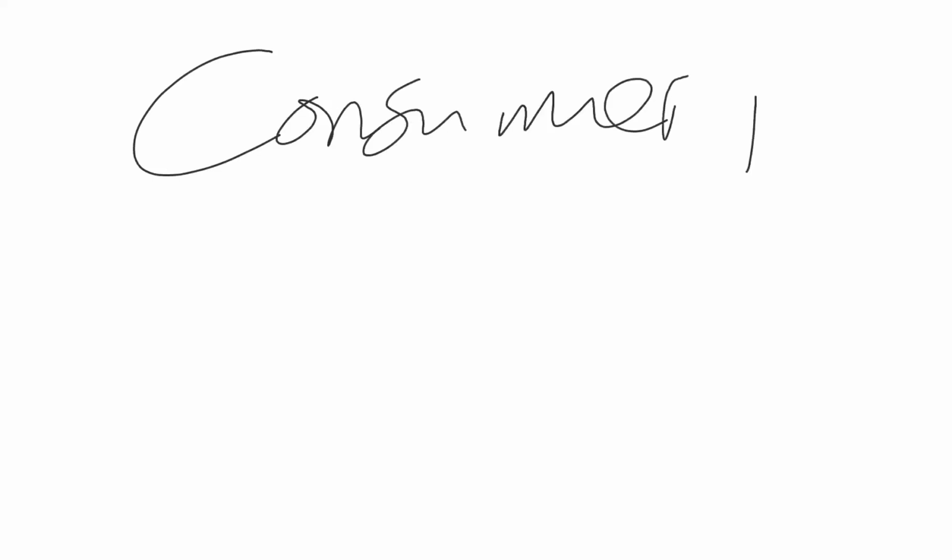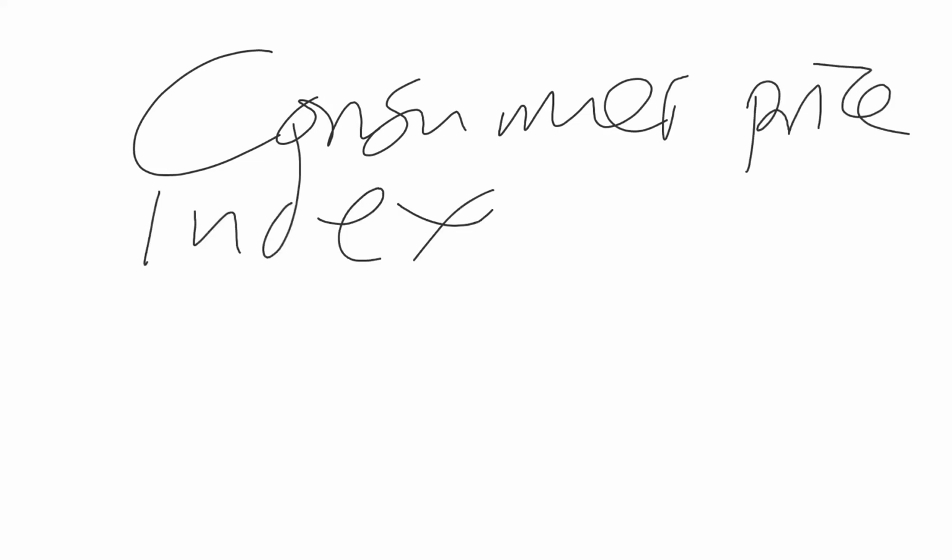Right. So how do you calculate the consumer price index, CPI, and what is it? The consumer price index measures the cost of living. It compares the cost of living between two given years. That's what it does. So therefore, the CPI, consumer price index, is equal to